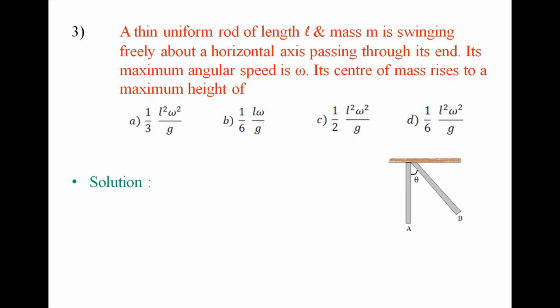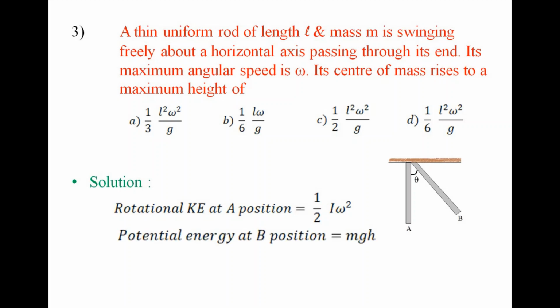See the figure: A is the initial position, B is the next position, or we can say the final position. As we know, rotational kinetic energy at position A has the formula 1/2 I omega square, and potential energy at position B is equal to mgh. By using the law of conservation of energy, we equate these two equations, we get